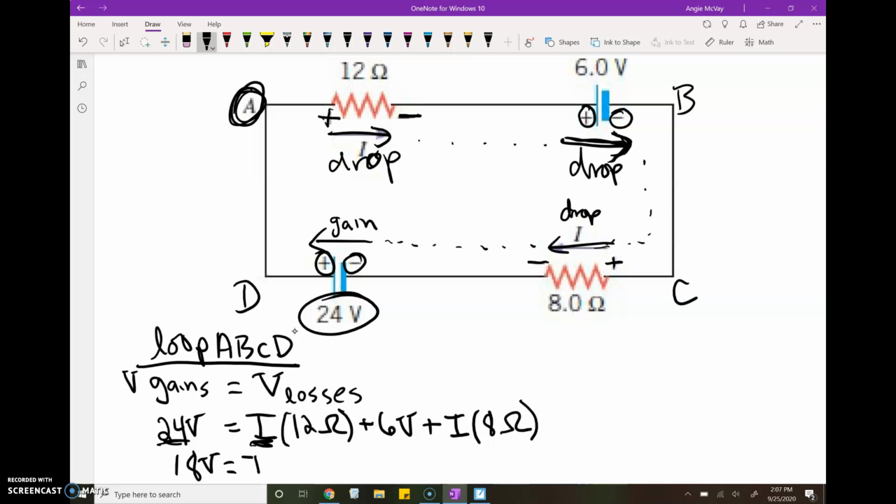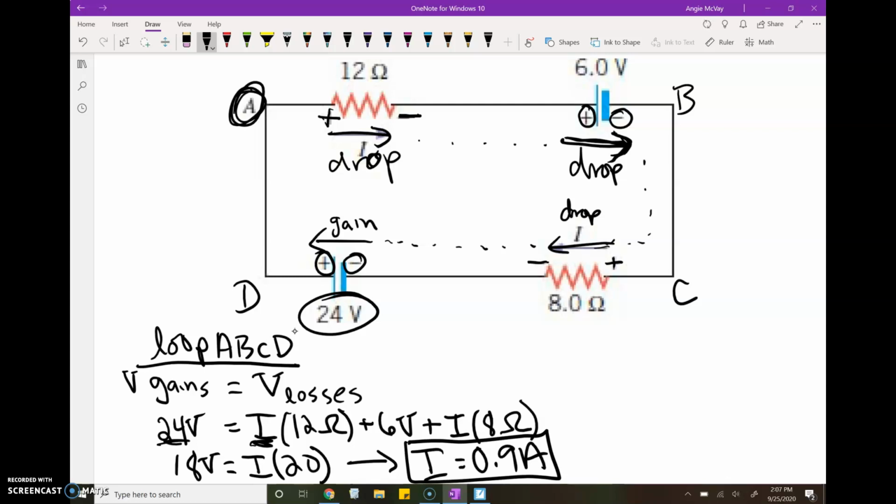So we get I times 20, right? And then we can solve, and the current flowing through this is 0.9 amps. Okay,